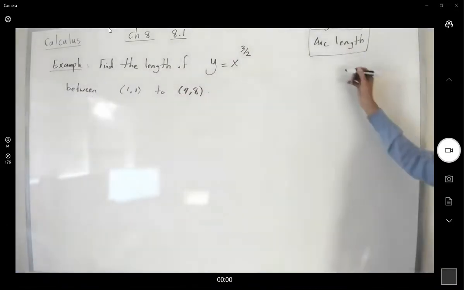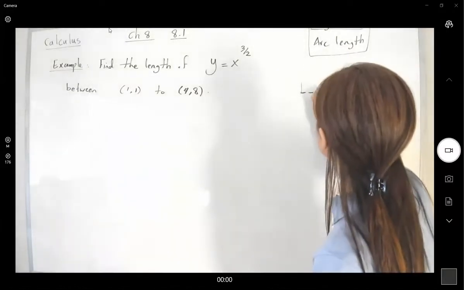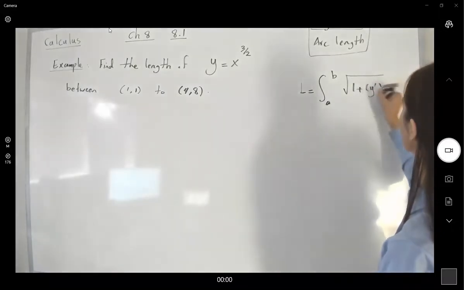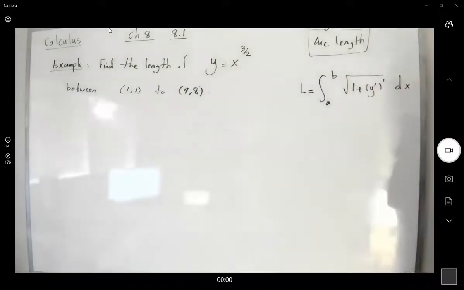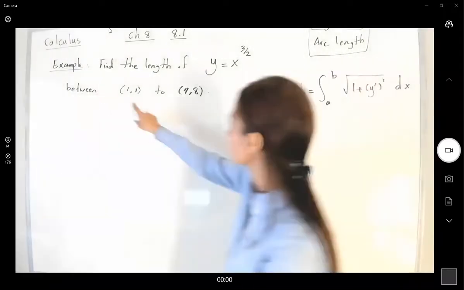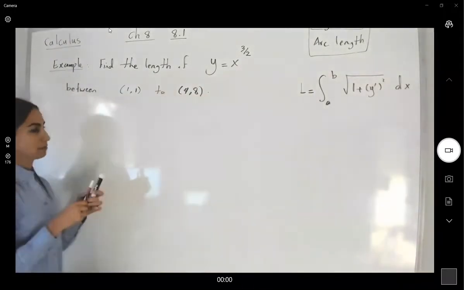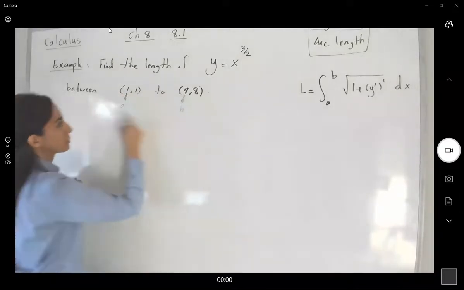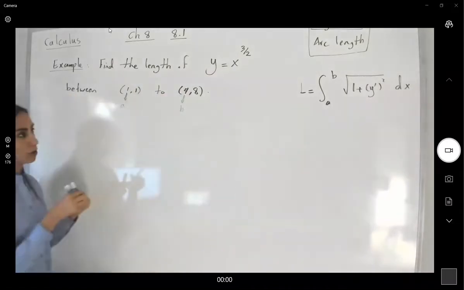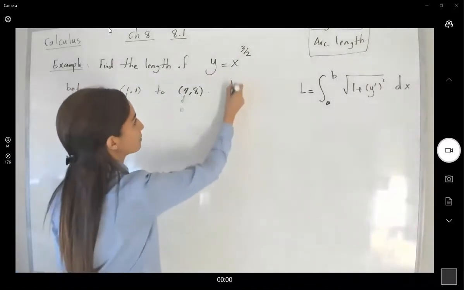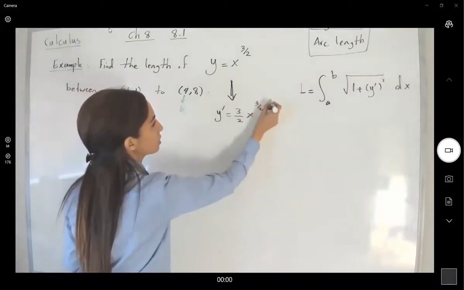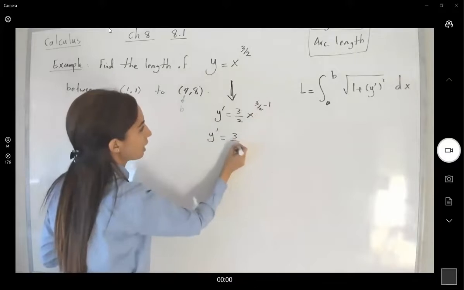Very well. So recall that the arc length L is the integral from a to b of the square root of 1 plus the derivative of the function raised to the second power dx. Okay, very well. So everything is crystal clear. My x is bounded between 1 and 4. This is my a. This is my b. The initial point, terminal point, and taking the derivative is not that hard. My y prime is 3/2 x to the 3/2 minus 1,